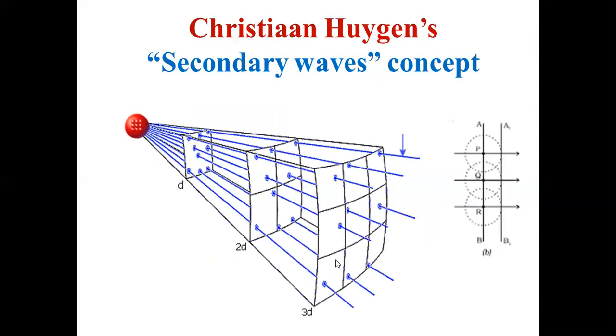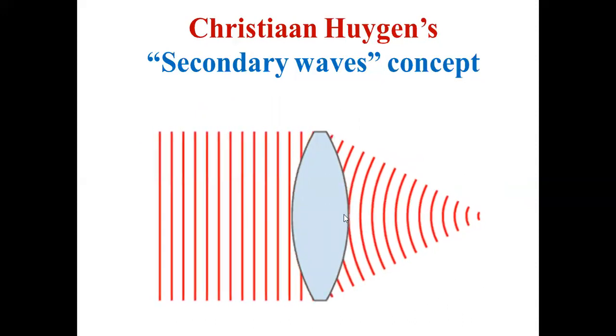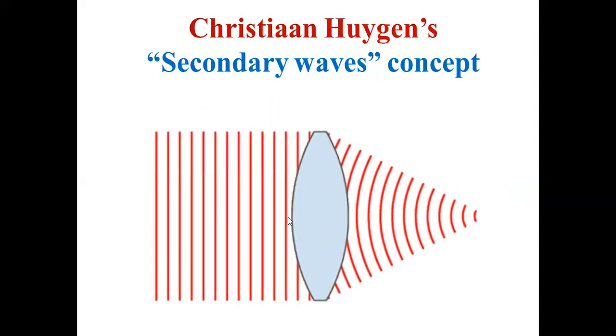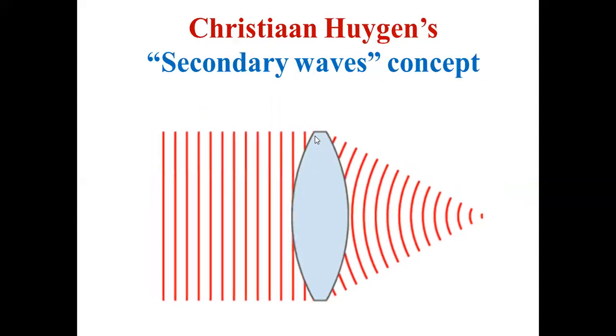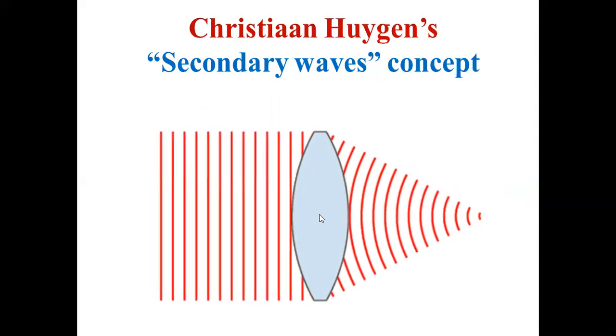And whatever be the source, whether it's a point source or linear source, the wavefront will be almost plane as they grow larger and larger. Okay, and this is another one, we have discussed it in the previous class. When a plane wavefront falls on a lens, the waves which enter here have to travel more in glass, whereas here they have to travel less. So these waves move forward much more than these waves. So these waves lag behind.